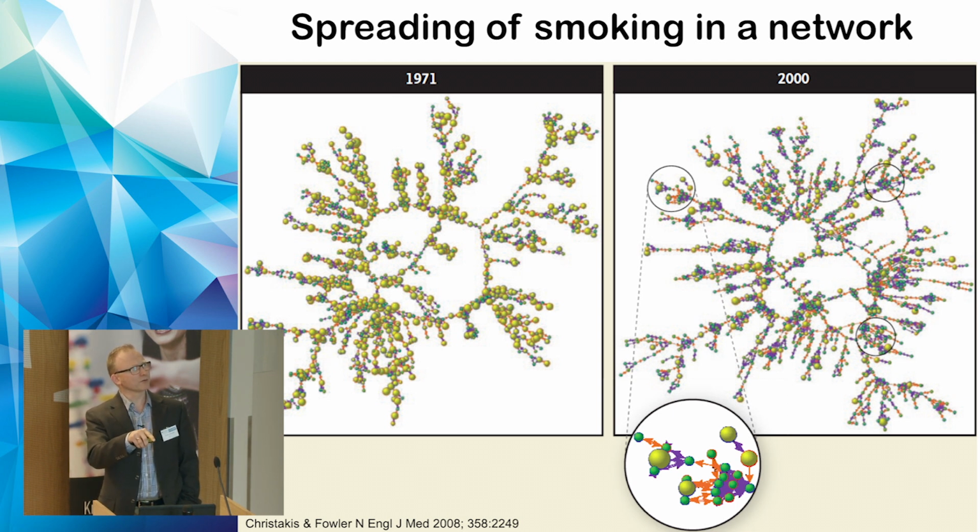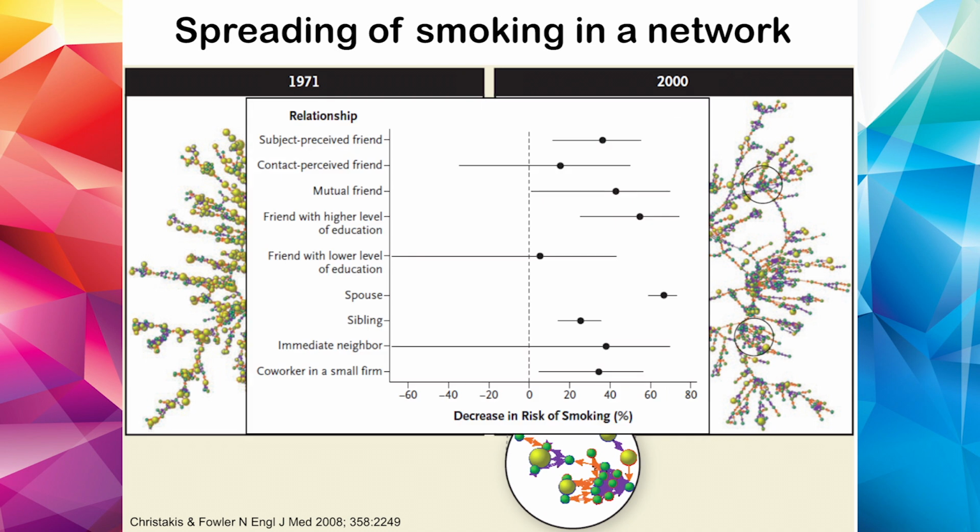So this is a snapshot from 1971. And this is from year 2000. People who smoke are in yellowish, and the number of cigarettes per day is the size of the circles. So if you look at the difference between these two networks, you see that the people who smoke are not as central in the network as before. And they're sort of pushed out on the outside of the network, if you can call it that. So if you do some statistical analysis, you can tease out what is actually spreading on a network when you adjust for different confounding factors.